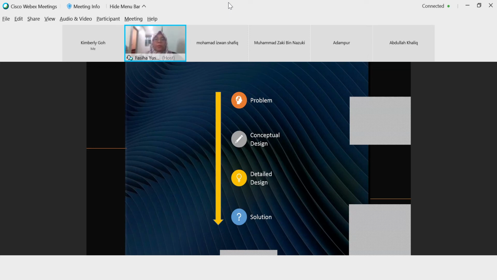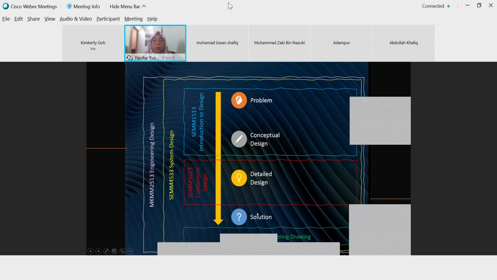Clear? All right. This is repeated, but you must understand this first. We have two parts: conceptual design, where you decide on the concept, and detail design. In this course, we will do conceptual design up to week 7, before the semester break. We must finish this part.